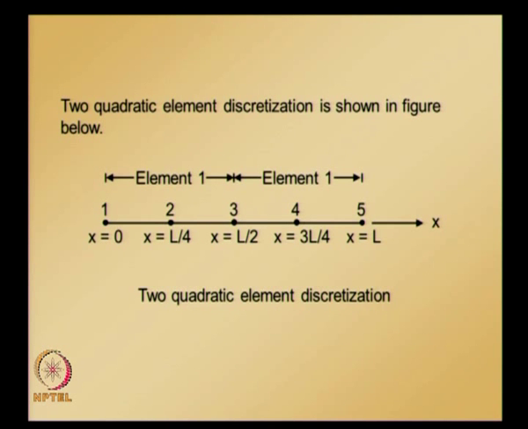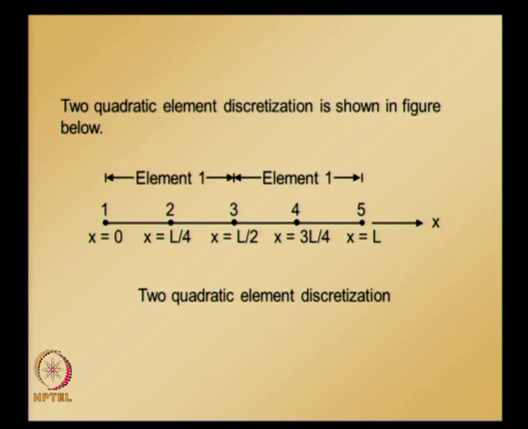The domain 0 to L is discretized using two quadratic elements, for a total of 5 nodes, and all nodes are equispaced. Element 1 comprises nodes 1, 2, 3, and element 2 comprises nodes 3, 4, 5. There is a mistake: for element 2, 1 is printed instead of 2. So, element 2 comprises nodes 3, 4, 5, and element 1 comprises nodes 1, 2, 3,